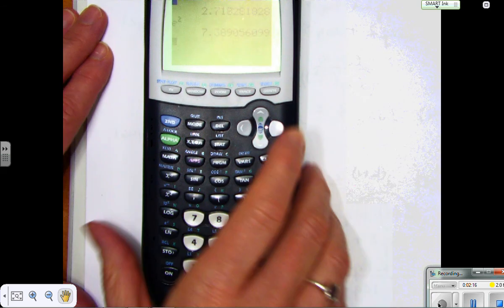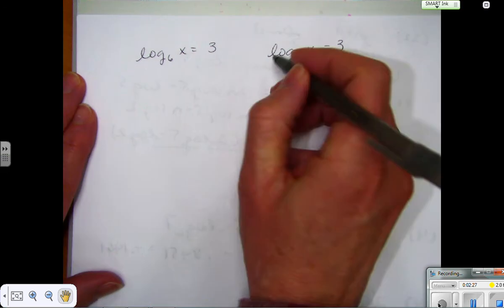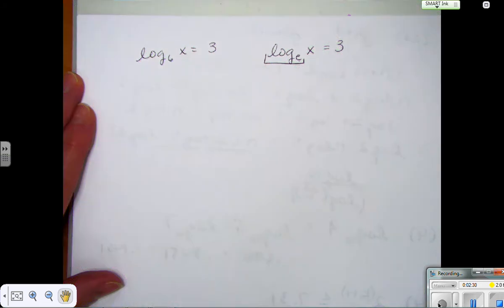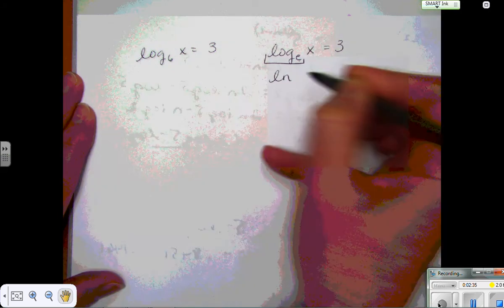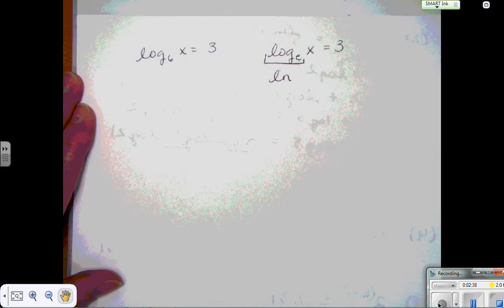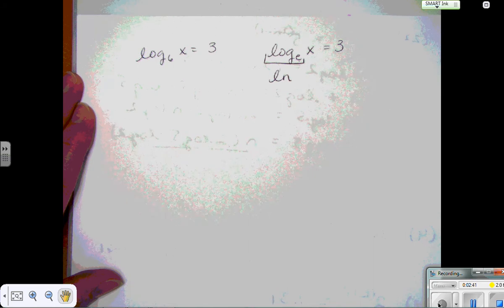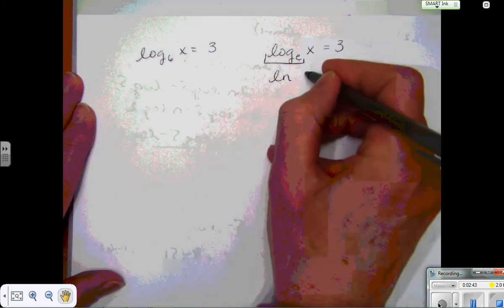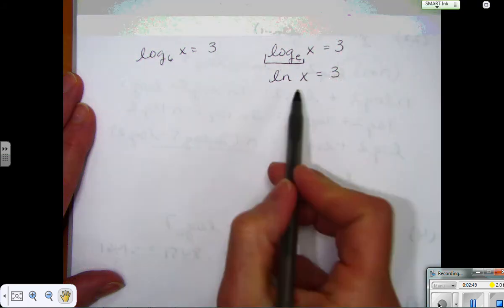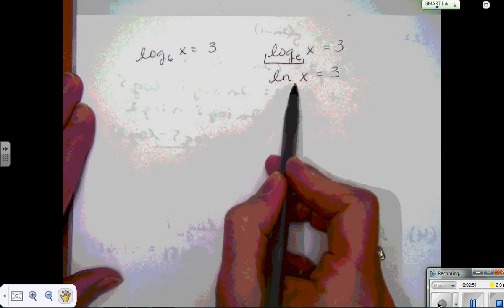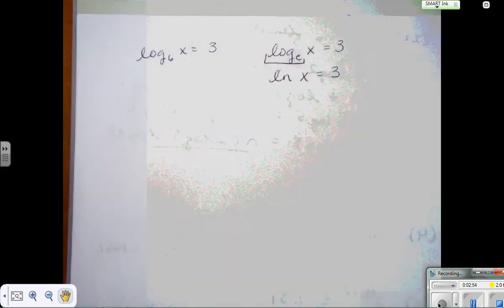Okay, so what they use base e in is for banking and a lot of science like growth and decay. So instead of having to write this log base e all the time, they decided to rename it, to give it a shorthand name, and they call it ln. So that's what this unit, or this section, is going to be about: ln. And you write it the same way, ln of x equals 3. You just don't have to write the base anymore because it's understood to be base e. Okay, so let's read through the notes